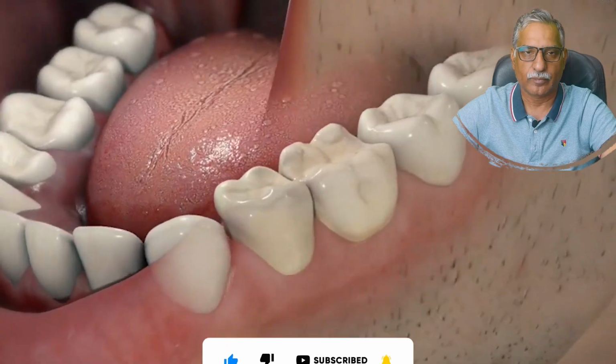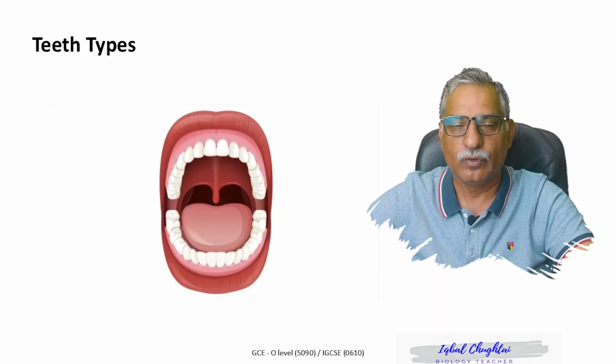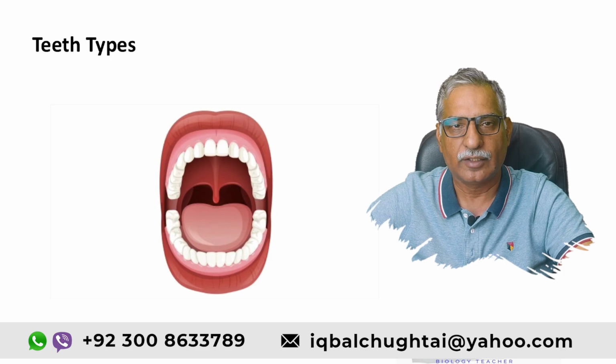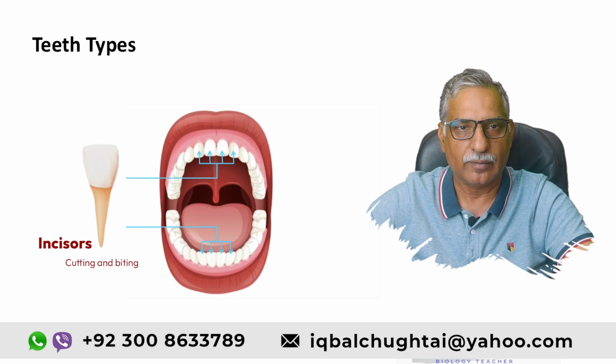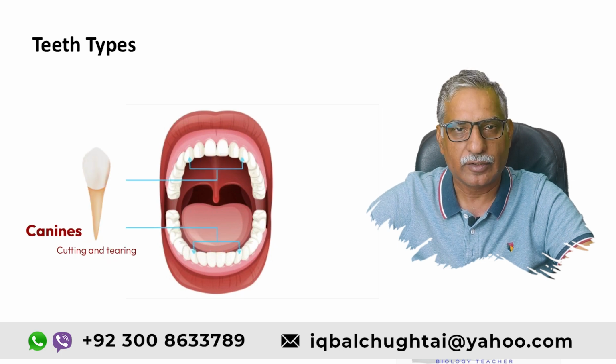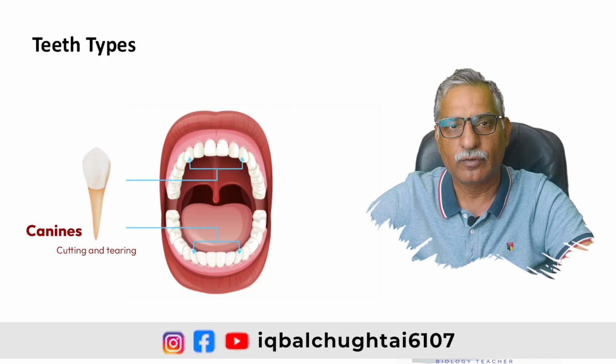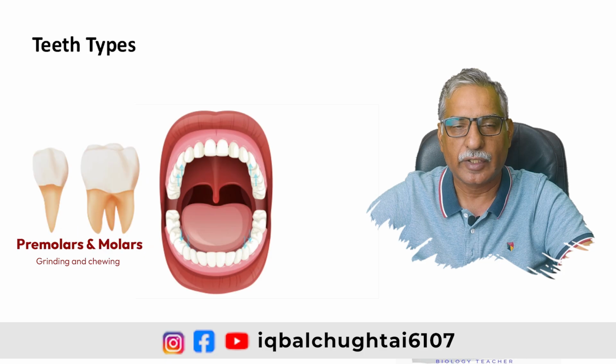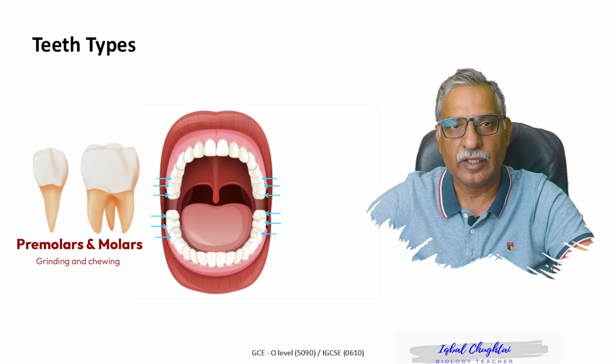There are 4 different types of teeth found in the human mouth: incisors, meant for cutting and biting, canines, meant for cutting and tearing, and premolars and molars, responsible for grinding,